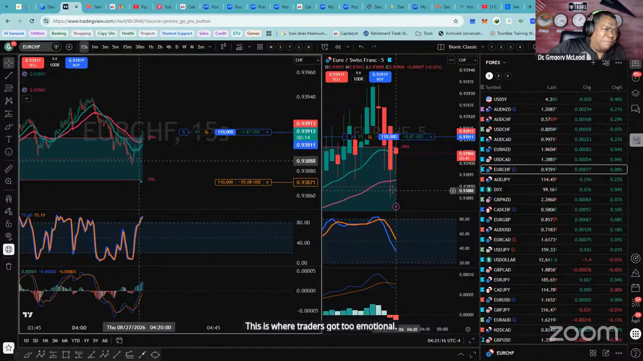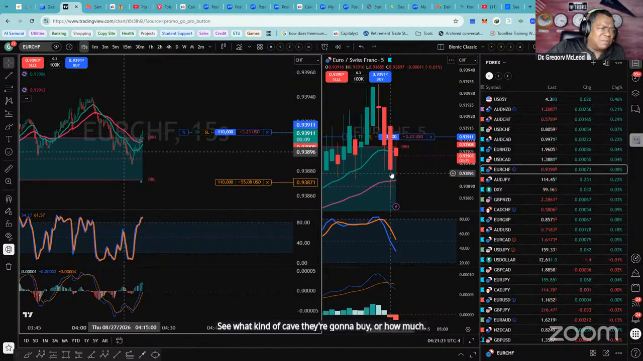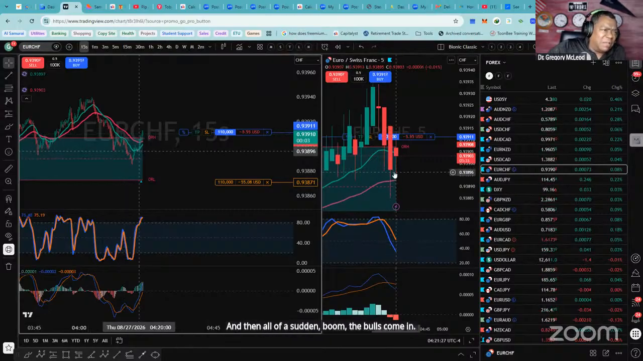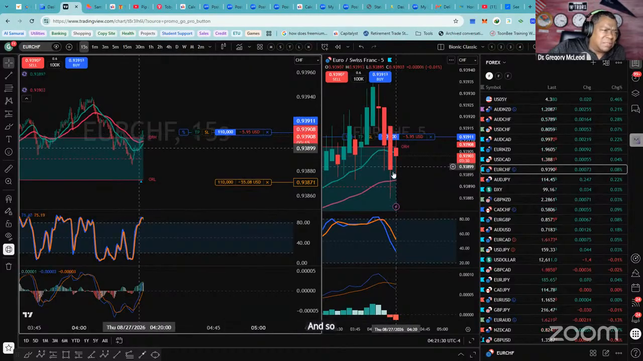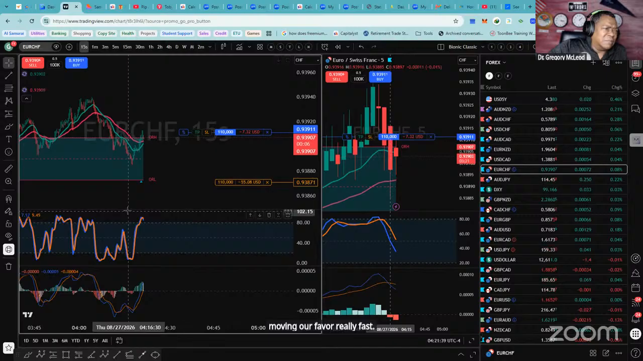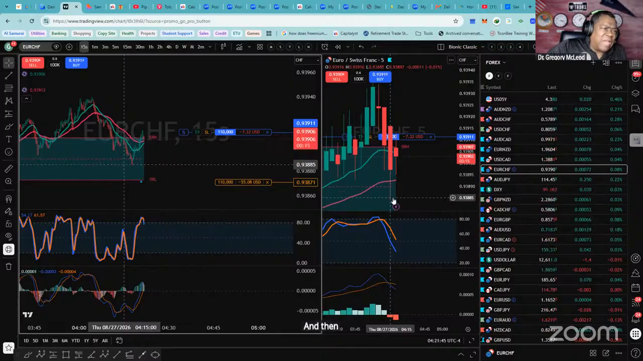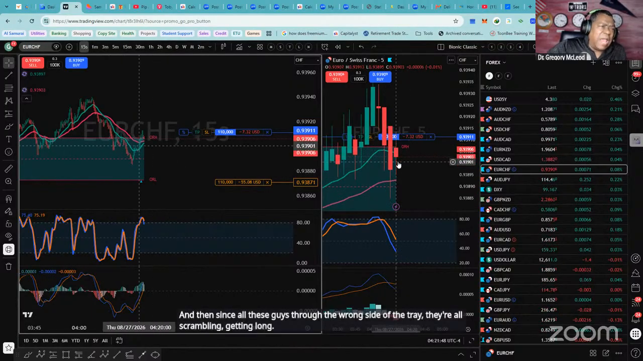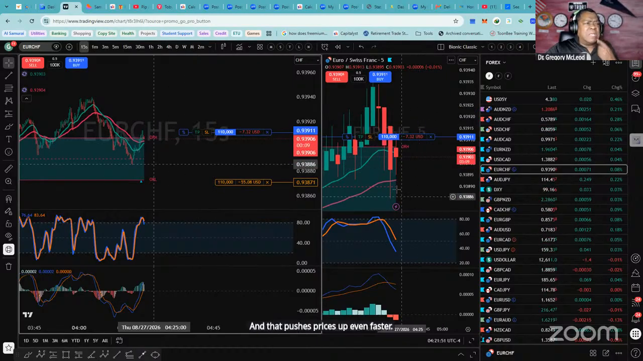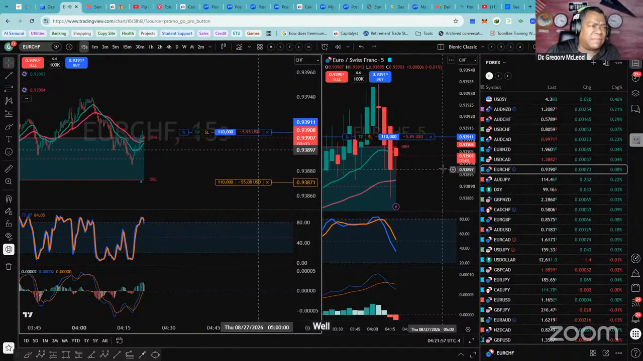The bears are high pawing each other, seeing what kind of cave they're going to buy, how many nuts and berries they're going to be able to get. And then all of a sudden, boom, the bulls come in. They're shocked, and the shock creates this little space where you see price moving in our favor really fast, right? And since all these guys are on the wrong side of the trade, they're all scrambling, getting long, and that pushes prices up even faster. So catching these reversal reaction points,